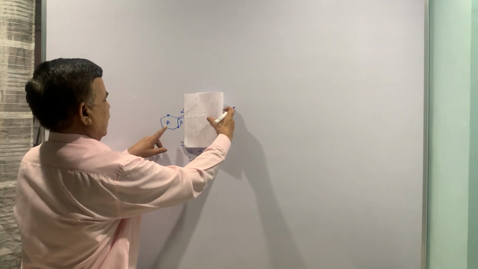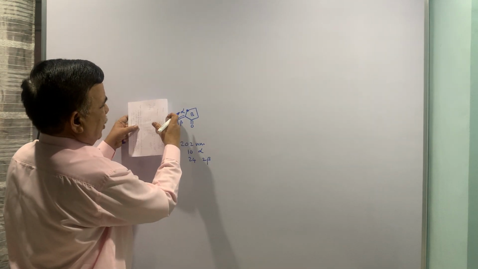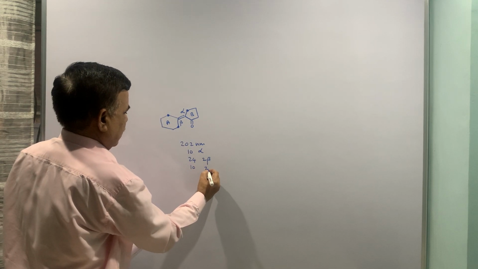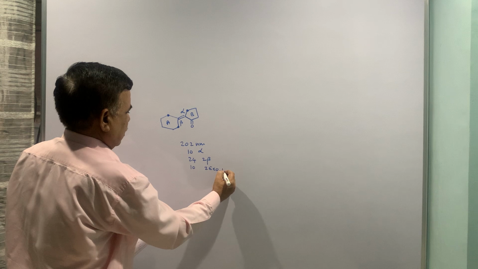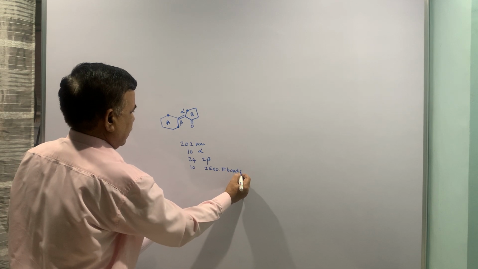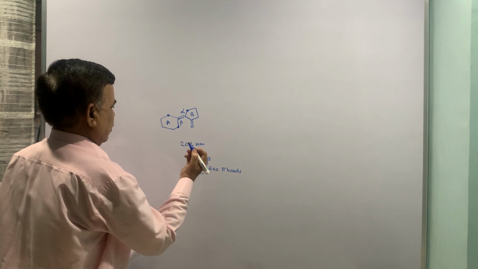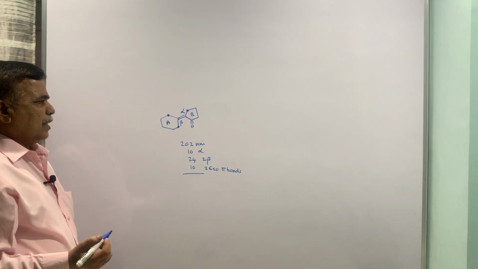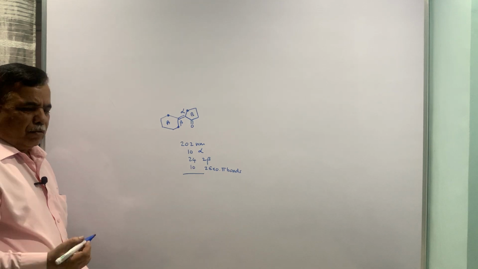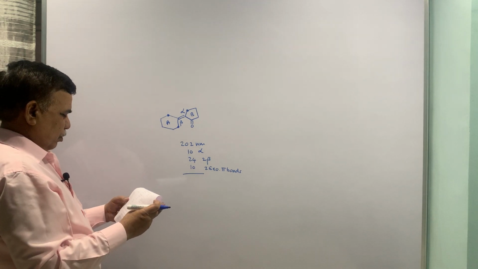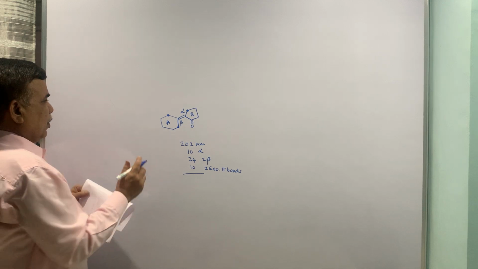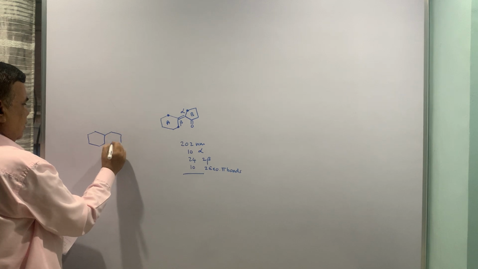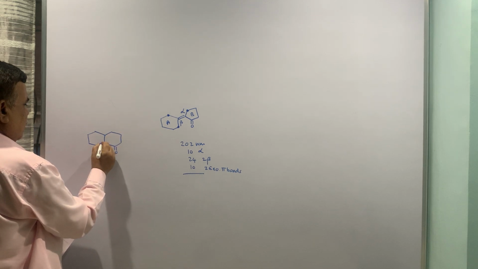Exocyclic means if I put it like this, it is exo to A ring. If I put it this way, it is exo to B ring. So 2 exocyclic pi bonds you can say, and that's all. So that becomes 246 nanometers. So now before we close, some examples you can practice them. They are simple examples. This is one.